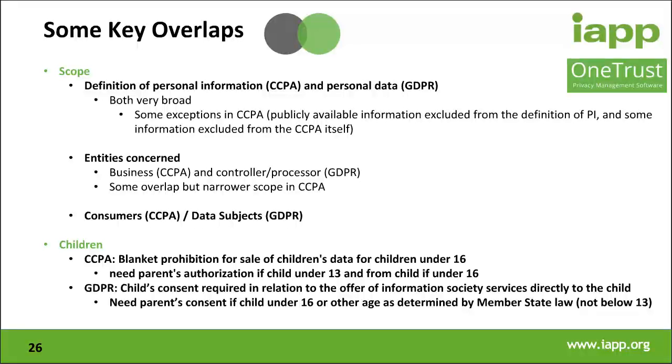The GDPR defines personal data as any information relating to an identified or identifiable natural person, which the law calls a data subject, and defines an identifiable person as one who can be identified directly or indirectly, in particular by reference to an identifier, online identifier, and it gives some other examples as well. So the bottom line here is that it's a very, very broad definition, and CCPA has an equally broad definition of